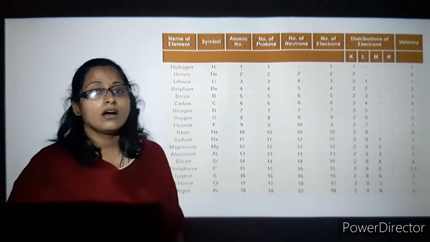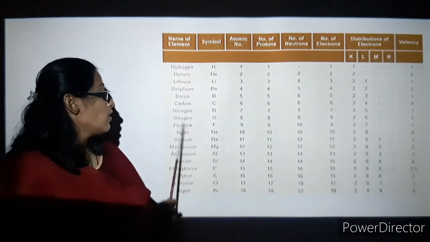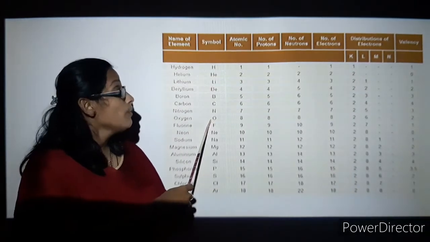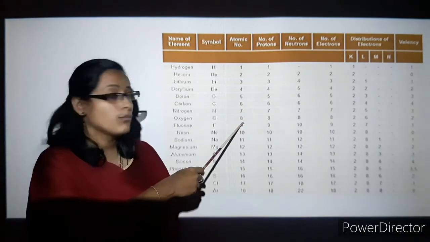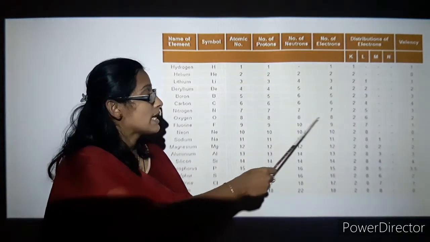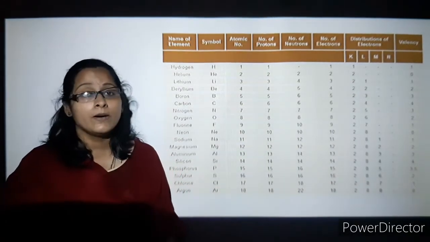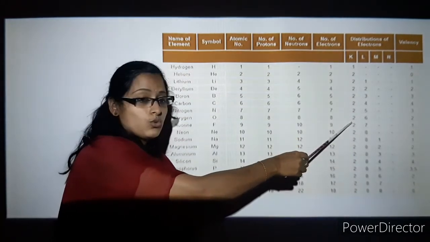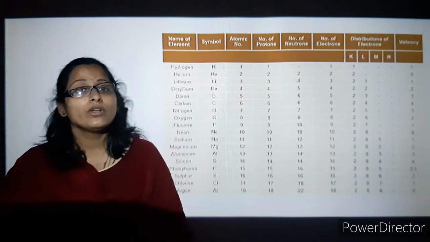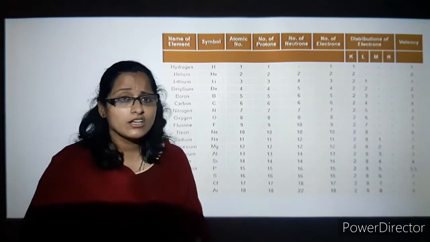So next, coming to oxygen. Oxygen has the symbol O and atomic number 8. You can see that the number of protons, neutrons, and electrons all remain 8 here. So the first shell remains the same as 2, next is 6. So will you be writing 6 as the valence electron?